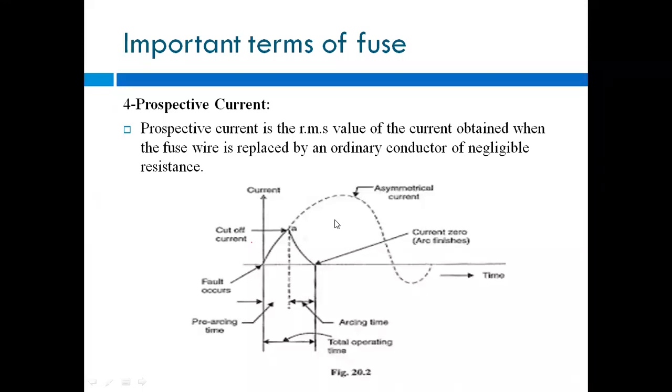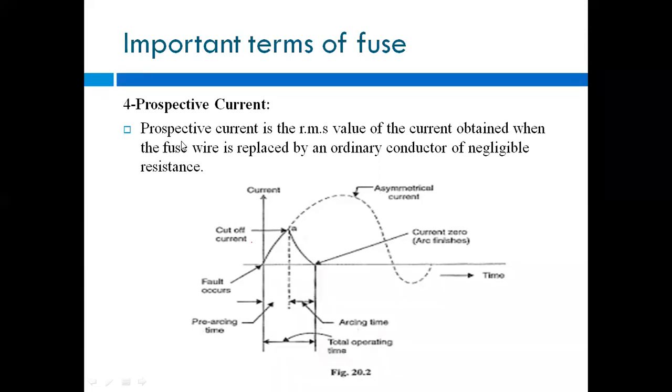So when any fault is occurring, your system becomes unbalanced or unsymmetrical. So that unsymmetrical fault is flowing through the circuit when that fault has occurred here. This is the diagram. So you have to study this because it is important. Some definitions remaining, we will see the prospective current.